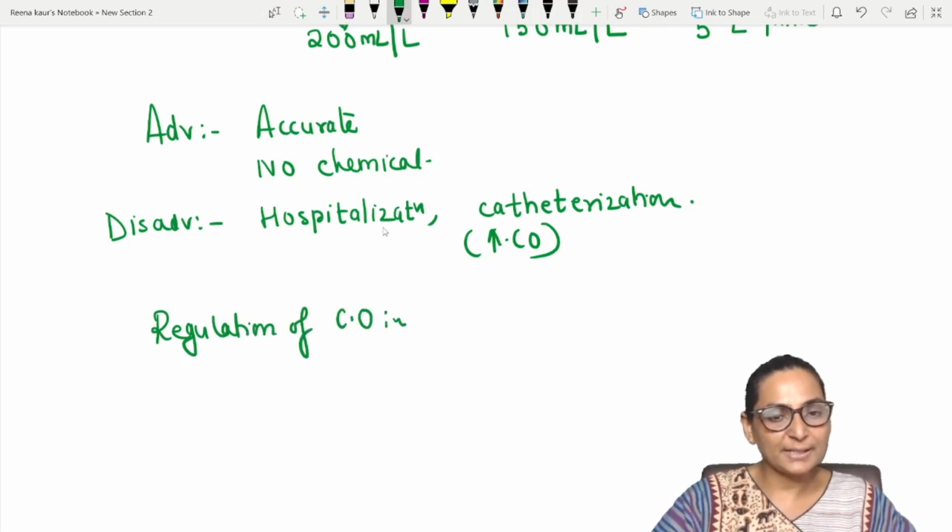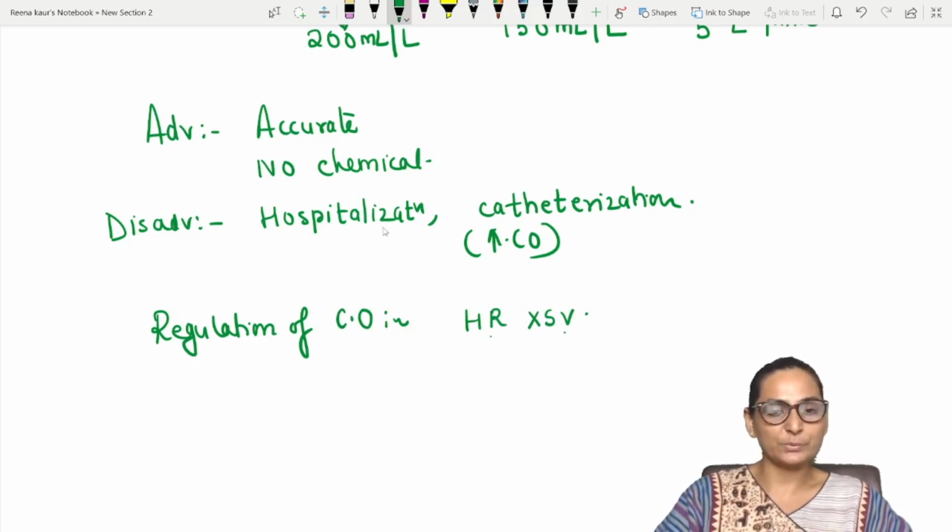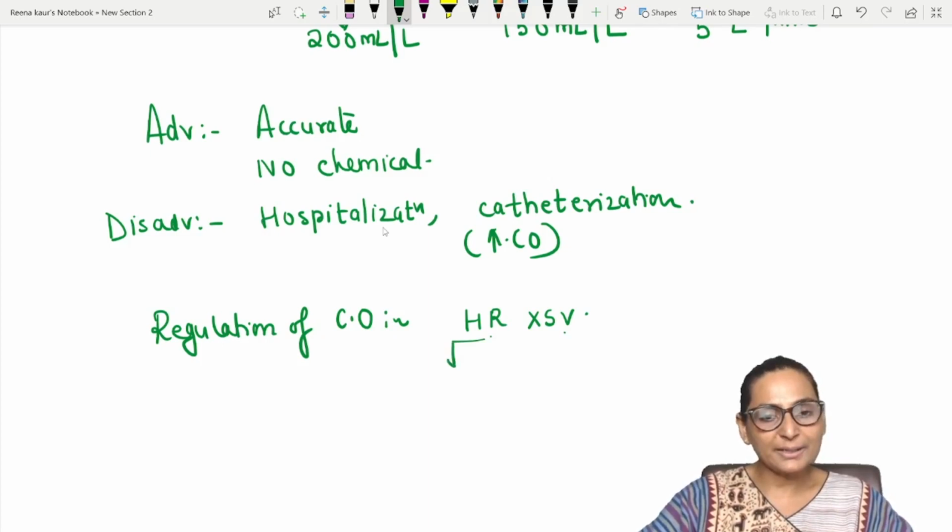Regulation of cardiac output. Now we know that cardiac output is equal to heart rate into stroke volume. Okay? Heart rate into stroke volume. Heart rate is controlled mainly by the autonomic nervous system, and there are various hormones